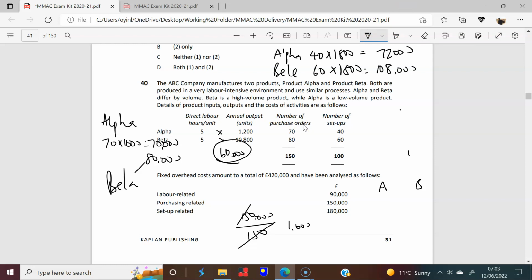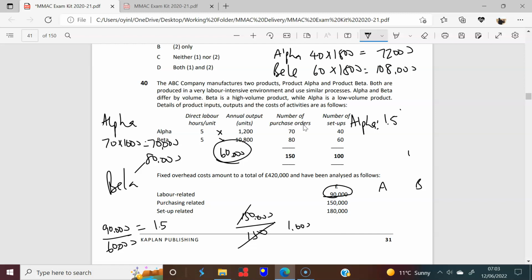So as far as labor is concerned, I can find what the overhead absorption rate is, which would be 90,000 over 60,000. Yes, 90,000 divided by 60,000, which is 1.5. So that's 1.5 per hour, right? So I suppose the best thing to do is to multiply that 1.5 by the total number of hours. So for alpha,